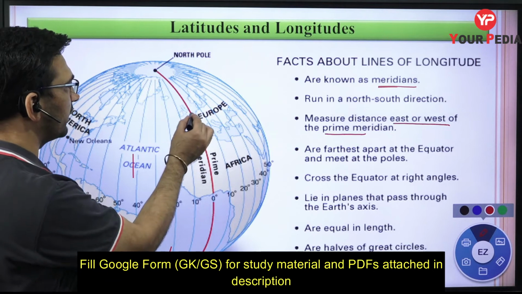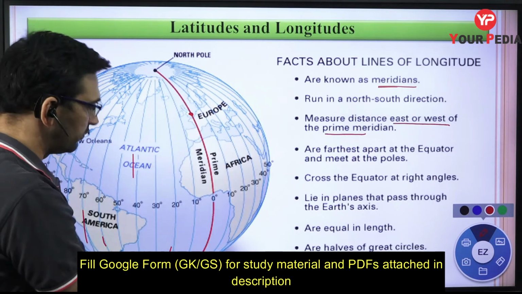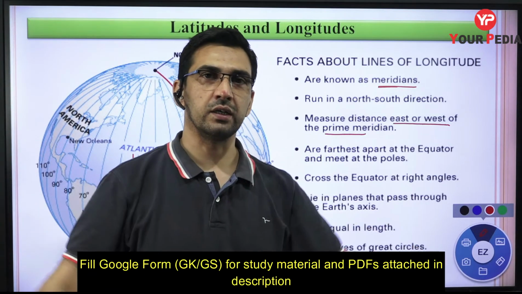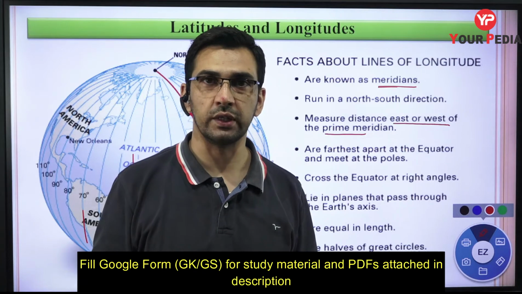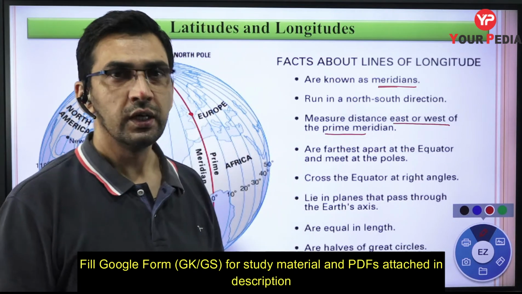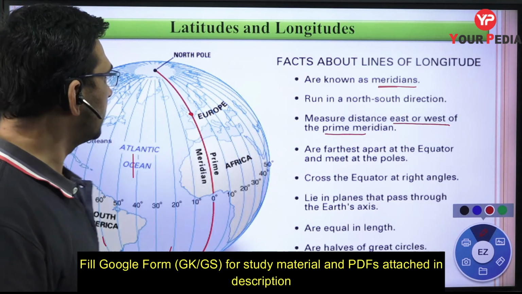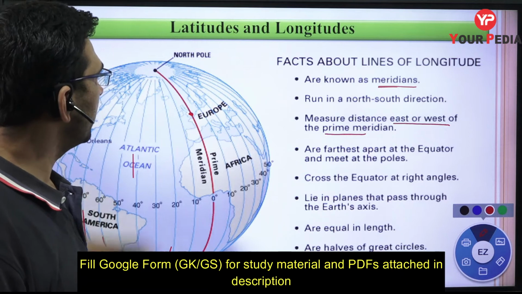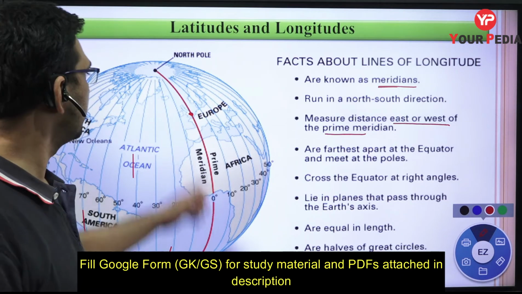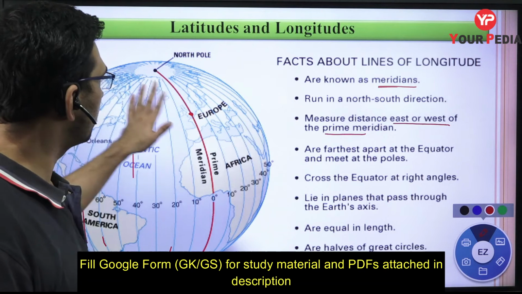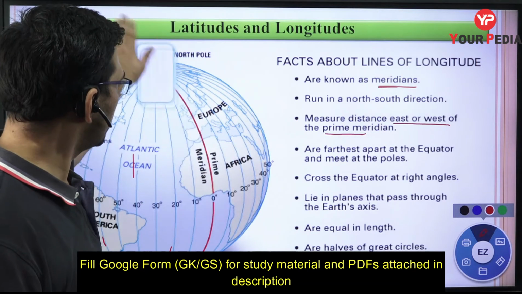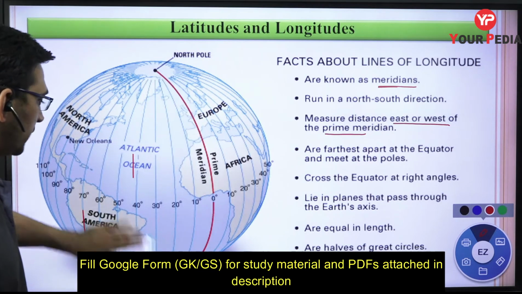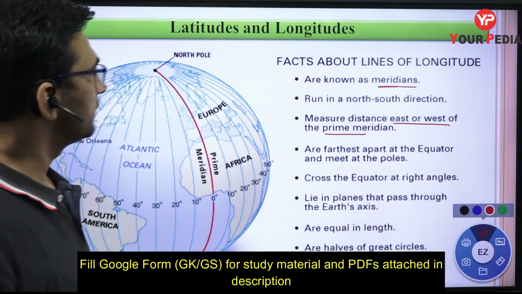Okay, why have you taken as a reference this curve only, the one passing through the UK? You can simply think of it like this: earlier, the UK had a presence all over the world, right? They were dominating the whole world. So when that positioning scheme was being developed, they had the primacy, and obviously they selected this point, and therefore all references as of now are taken from there. Tomorrow if you challenge this and say no, you want to move this reference, you have full freedom, but in that case you must be able to convince all the countries across the world.